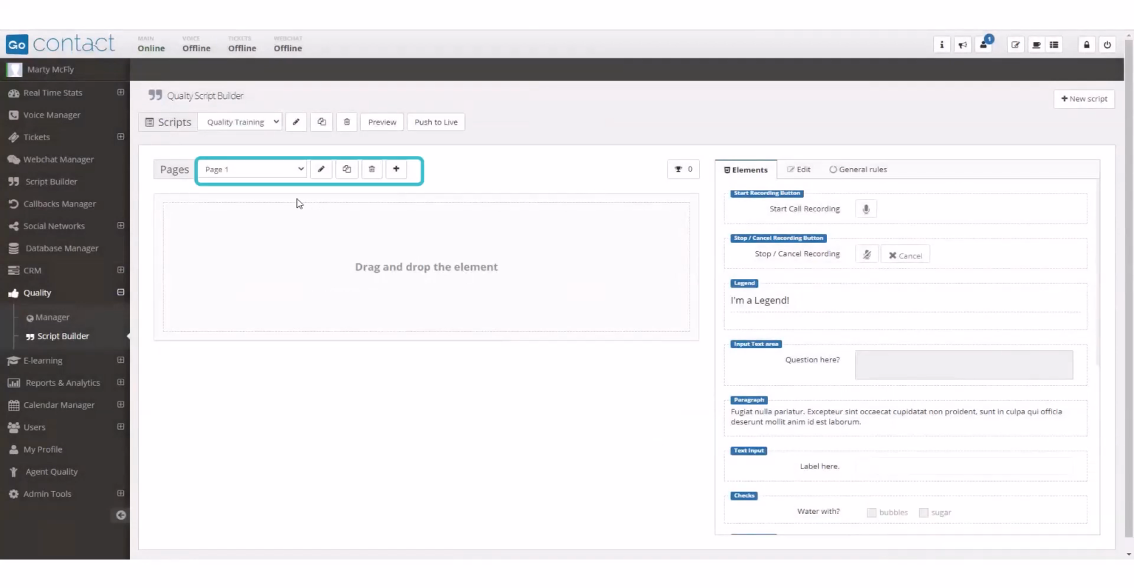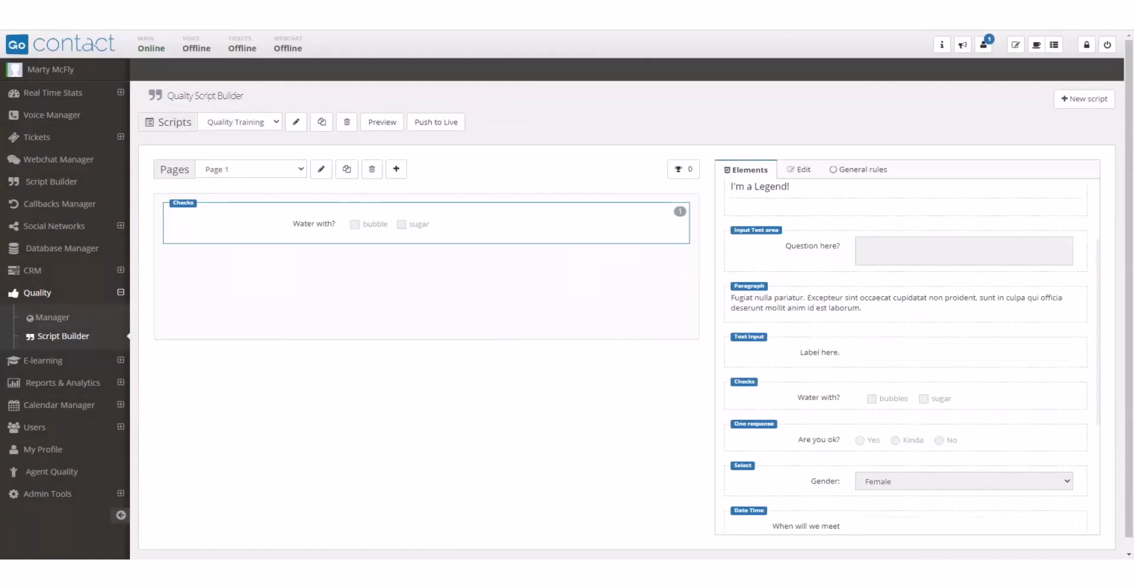At the top of the left-hand section, you can choose the page number you want to work with. You can edit the page, duplicate the page, delete the page, or add a new page here. This script builder should look very familiar. It's similar to the other script builder. The main difference being that once you add a response element, when you click Edit, you will have the